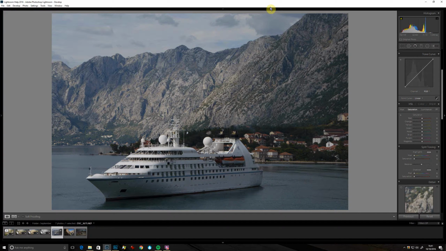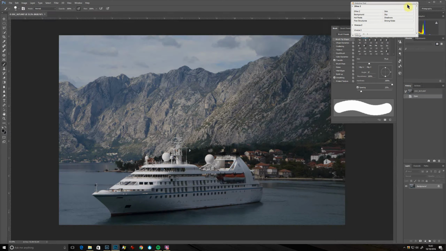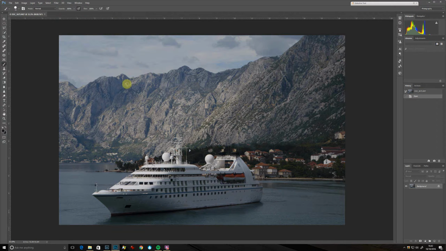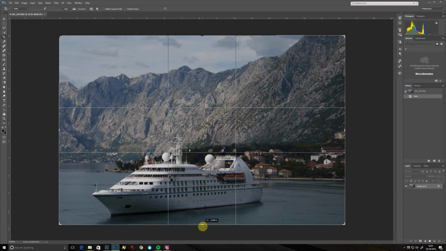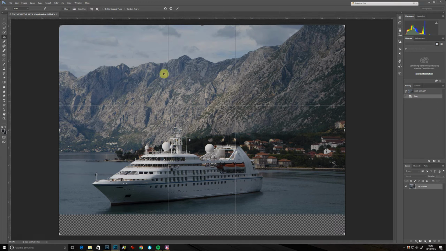Let's do that. So to get into Photoshop from Lightroom, just press Ctrl and E. That'll then create us a TIFF file configurable to what you want. So this is Photoshop. I know it's a Lightroom tutorial, but it's always good to see what else you can do. Now I'm hoping that in the latest version of Photoshop there's a thing called content aware crop. So I'm going to make the scene a little bit bigger, believe it or not, by doing that, and click